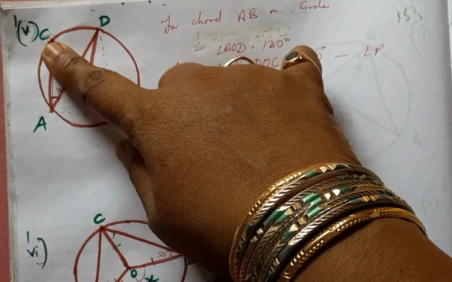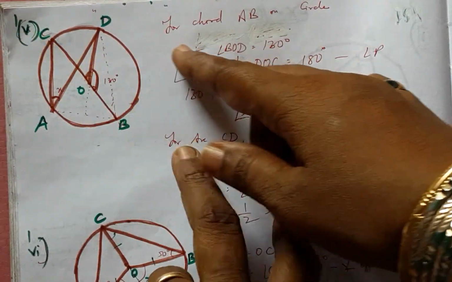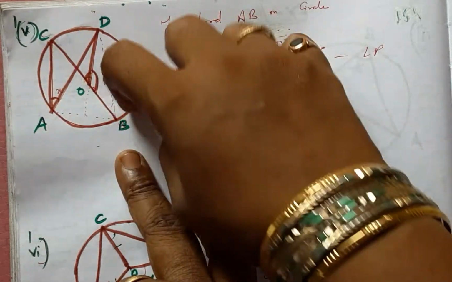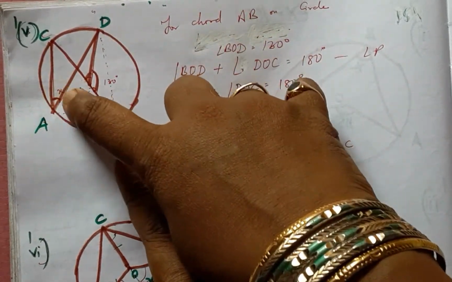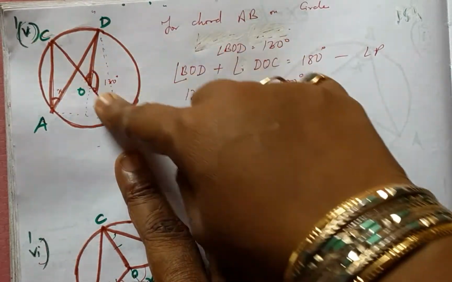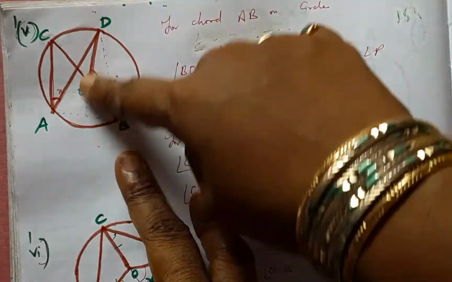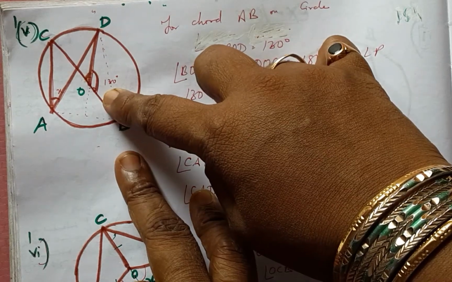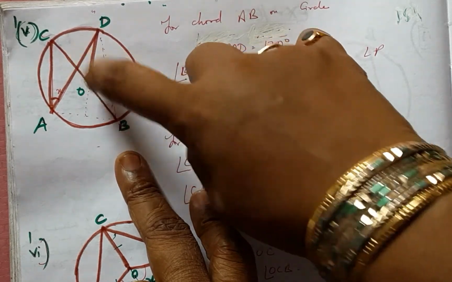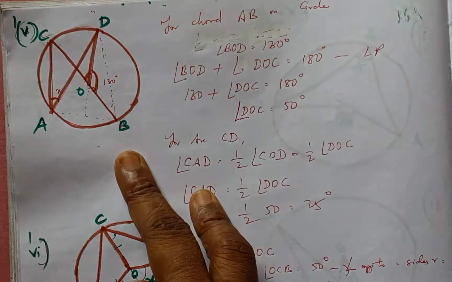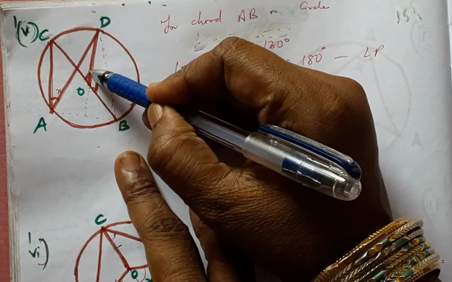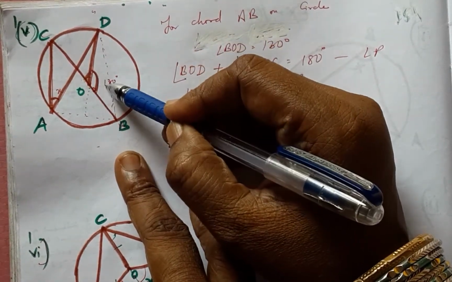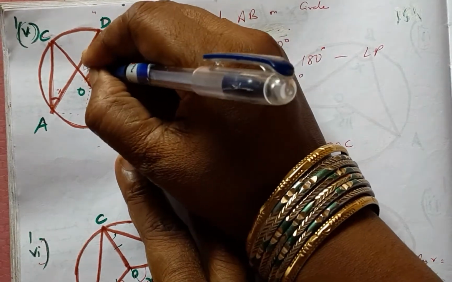The fifth bit of the first question has been given this way. We are being asked to find this x value. As you can see, BOC is a line and OD is a ray on the line, and we have been given BOD as 130 degrees. It being a linear pair, we can arrive at this angle, which is 180 minus 130, so this comes to 50 degrees.